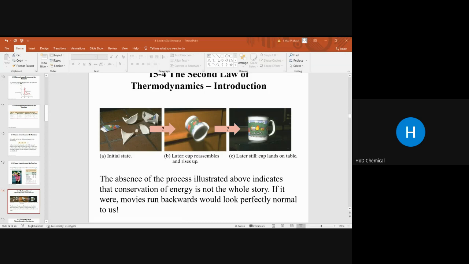The change in entropy, delta S, equals Q divided by T. Entropy is a measure of disorder. As time goes on, less and less energy is available to do useful work.